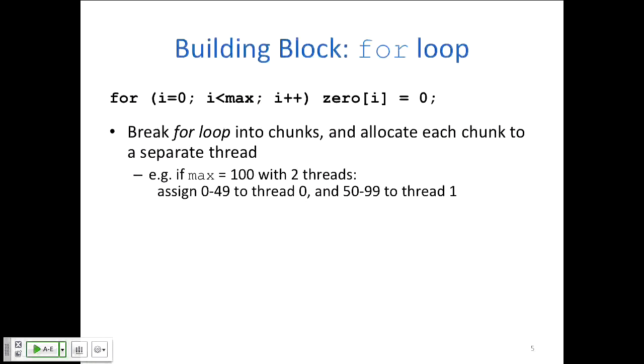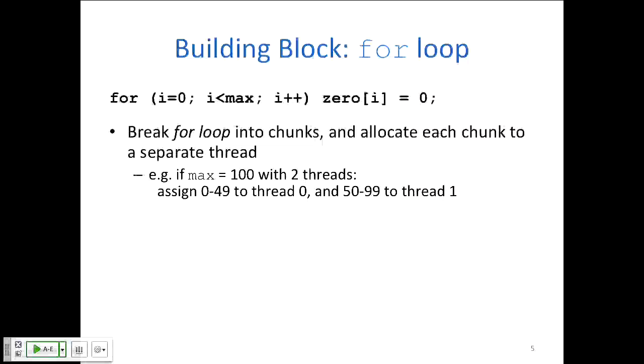So the way this works is if you have a for loop, the index variable may vary. You may go across an array that has thousands of elements. You may only have 4 or 8 threads. So you have to somehow divide the loop iterations into chunks that fit on each thread. So each thread is going to pull off not just one iteration, but some run of iterations. And say, for example, you had